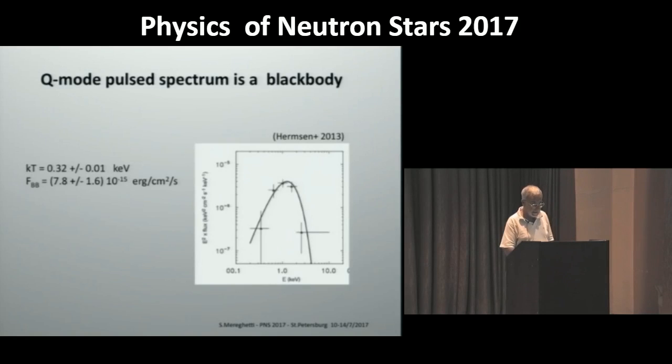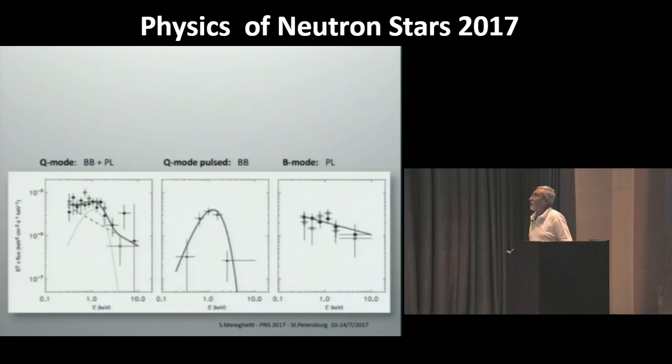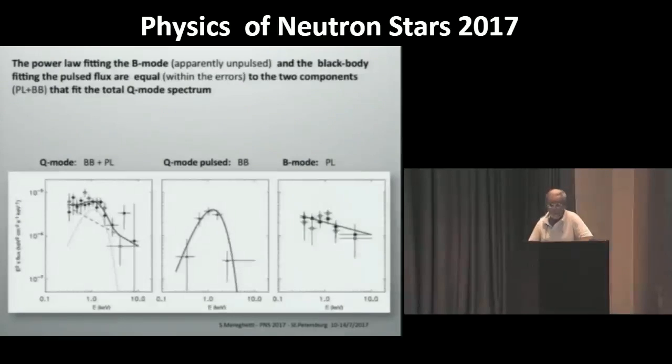So to summarize these results, we have the total spectrum in Q mode, which is a black body plus a power law, the pulsed spectrum in Q mode, which is a black body, and if I take the power law fit to the B mode, fainter state, it was very interesting to see that the power law that fits the B mode and the black body that fits the pulsed flux in the Q mode are within the errors consistent with the